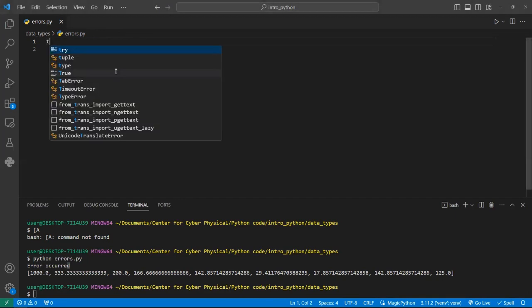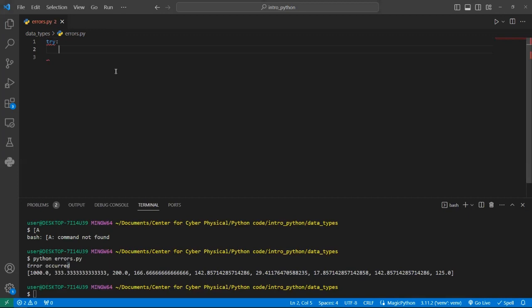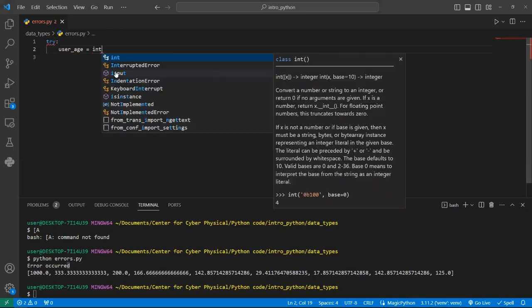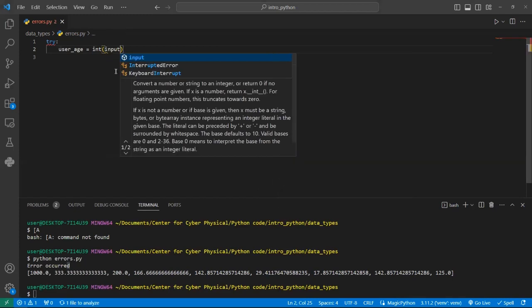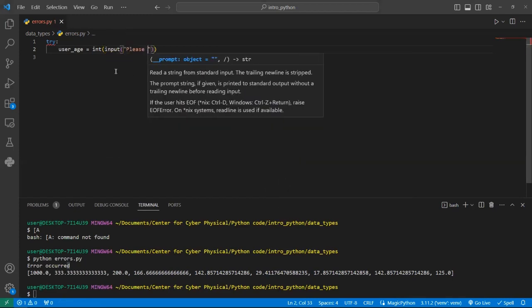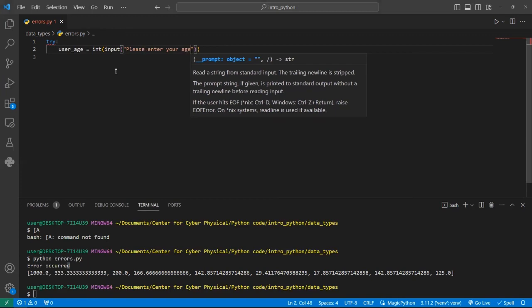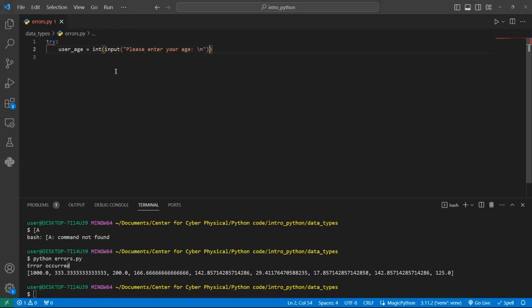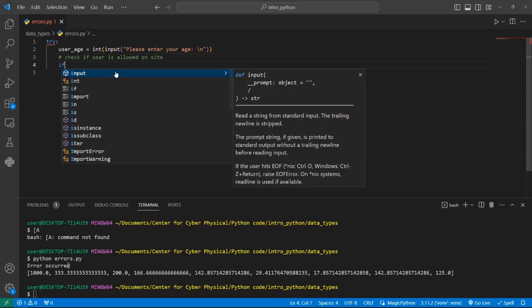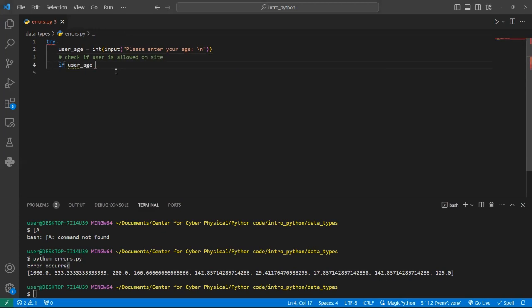So I'm gonna say try, and then user age is equals to int input, and then I'm saying please enter your age. Okay, and I want that to be on a new line. Then I'm gonna say check if user is allowed on site. All right, I'm going to say if user age is greater than 13, we print